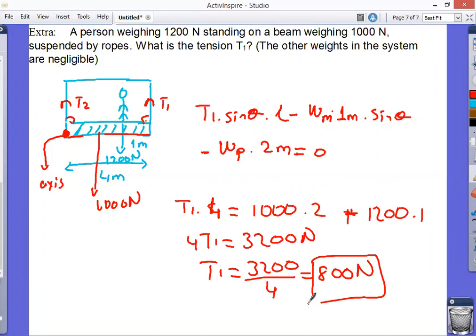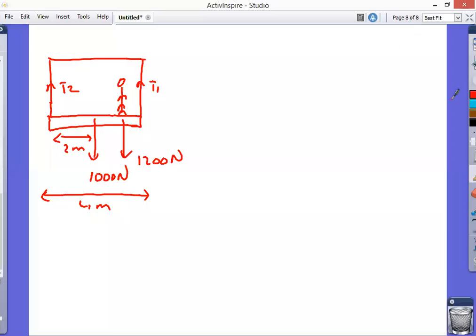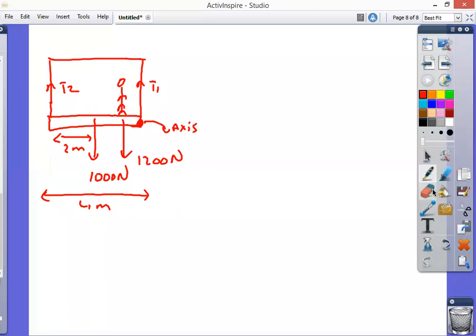So what if you want to find T2? What's going to happen? You want me to find T2, you guys? To find T2, this time we are going to consider that this is going to be our axis. So the axis will be here. Our rotation will start there. So to find T2,